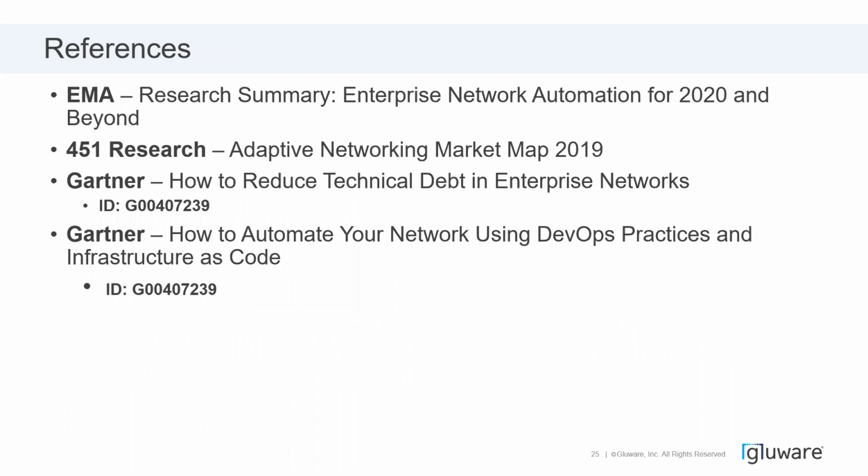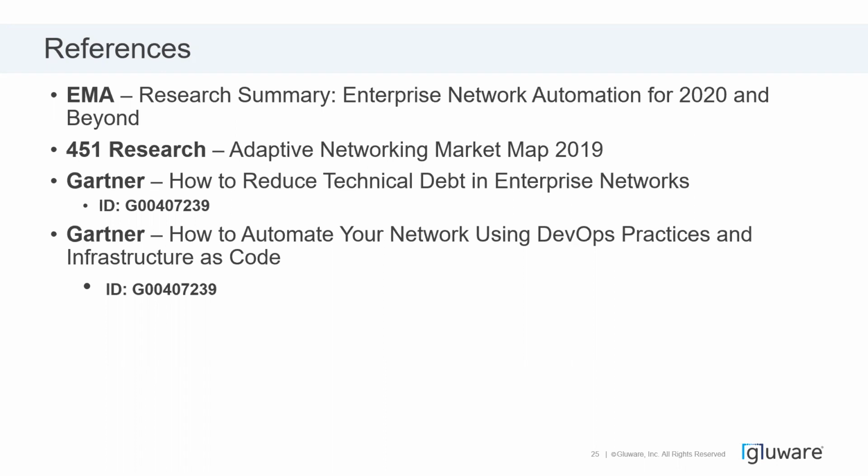Just a very quick thing to say, I referenced a few research reports. Gluware sponsored an EMA report titled Enterprise Networking Automation for 2020 and Beyond. You can download that from our site. We work with 451 analysts like Mike Fratto, and they have some very good papers out there, like Adaptive Networking Market Map. Gartner has some excellent papers that were referenced and looked at for this material about reducing technical debt in the enterprise, and a very interesting